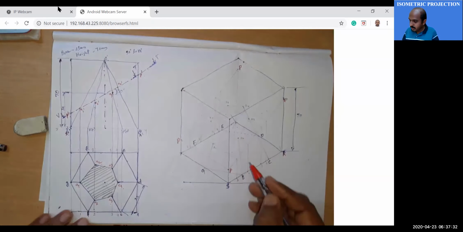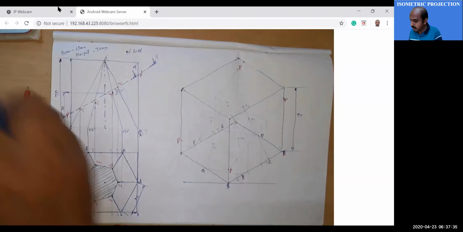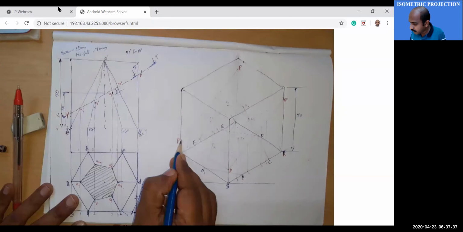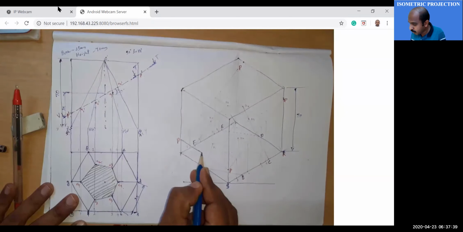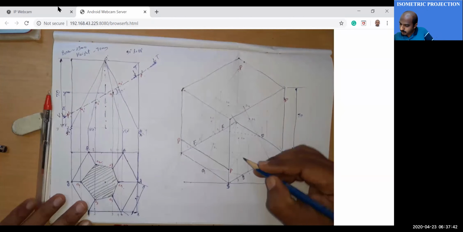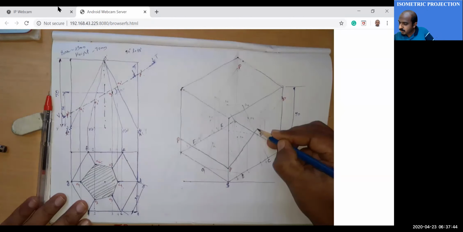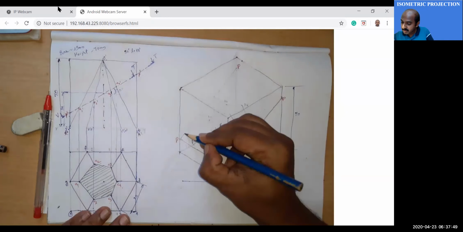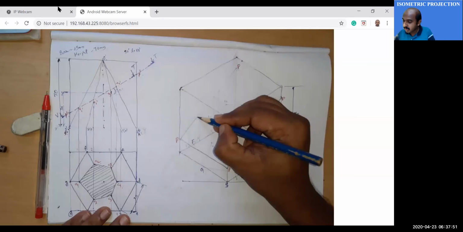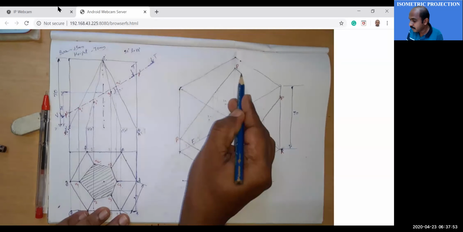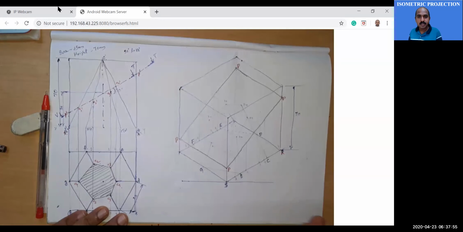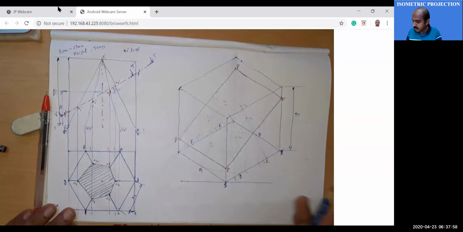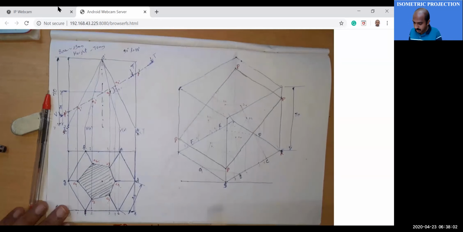So now you locate the inclined plane. Here you can see that this is inclined. You connect this to P. Now actually we are drawing the isometric of your inclined plane, which is inclined 30 degree. You complete it. PS is equal to P dash S dash, PR is equal to P dash R dash. Now we are transferring each cutting point to this plane.